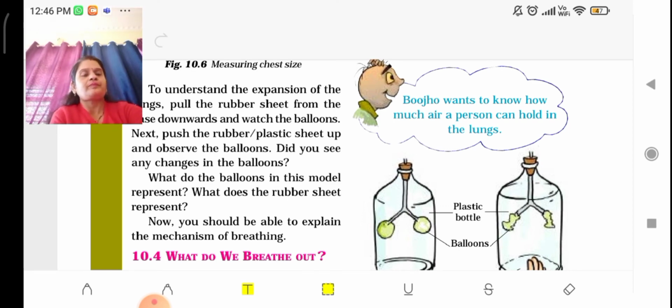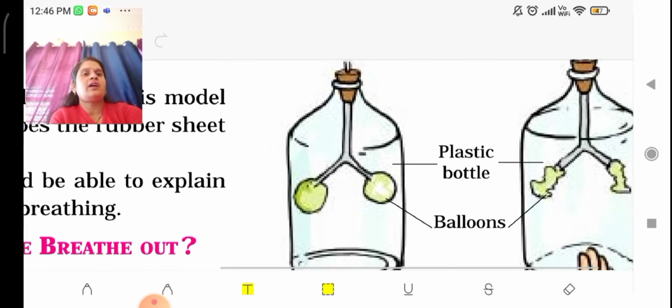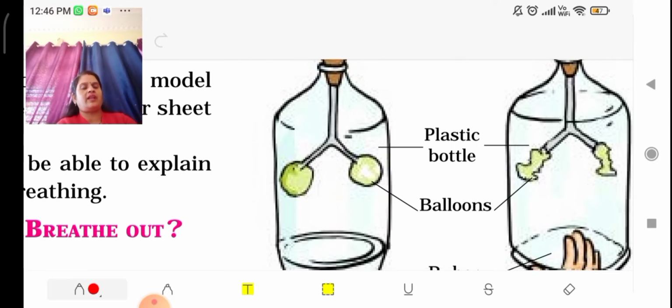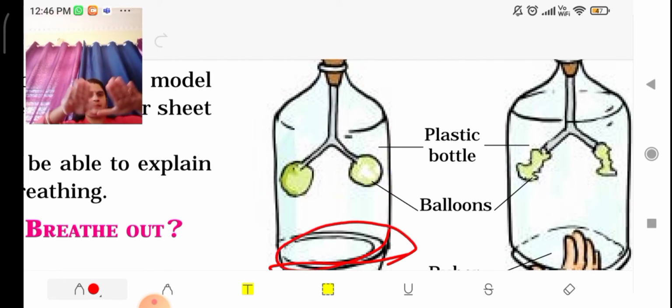Okay, so here they have taken one bottle. You can take a water can or a big plastic bottle. In that, from the bottom part you have to cut it down. And here you take a balloon or rubber sheet. Okay, a very thin rubber sheet, and fix it at this place. Fix it tightly, making it permanent,